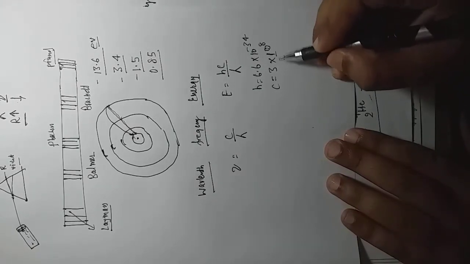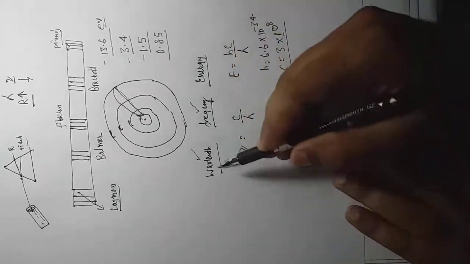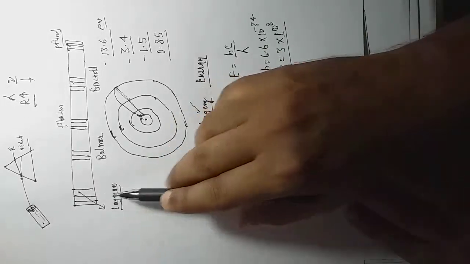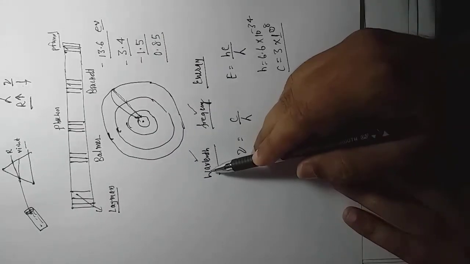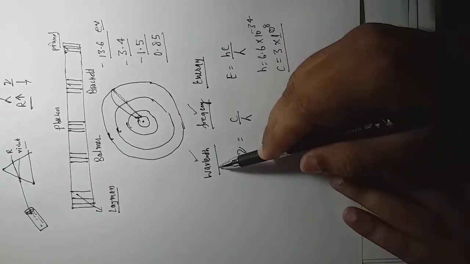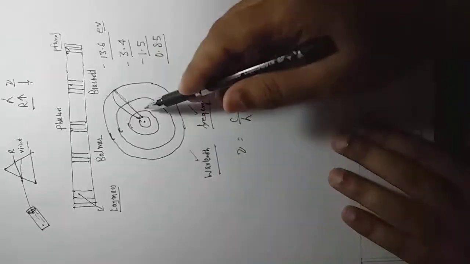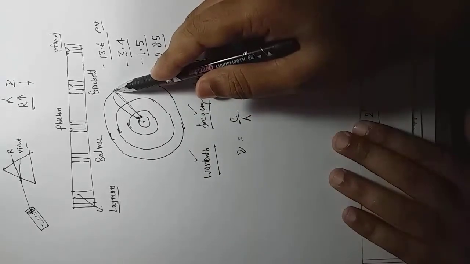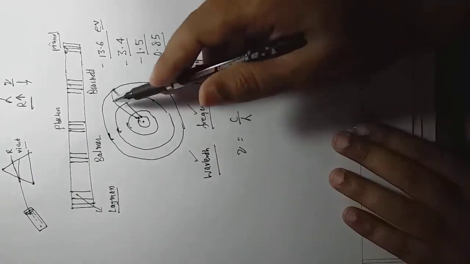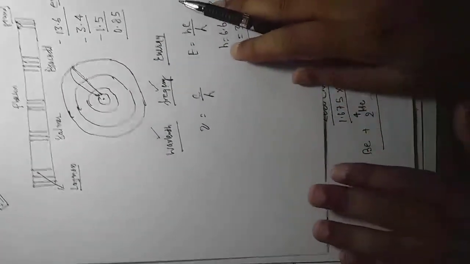This is how we calculate the different aspects, like wavelength. Wavelength is already given. According to the respective wavelength we will get the Lyman, Balmer, Paschen, Brackett and Pfund series, right? So according to wavelength we can determine other factors like frequency, like energy, and this energy will decide whether the electron is going to be excited from the ground state or coming down from the excited state to the ground state. This is Bohr's idea given for the orbit.